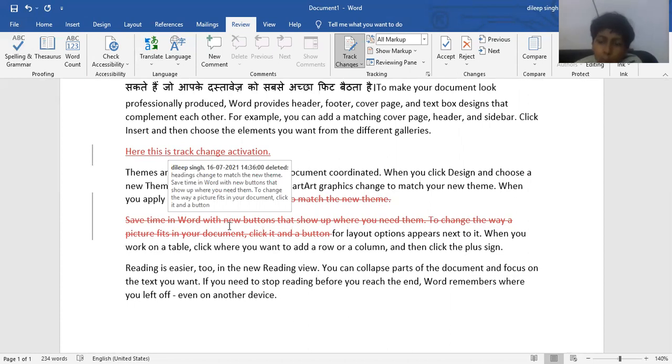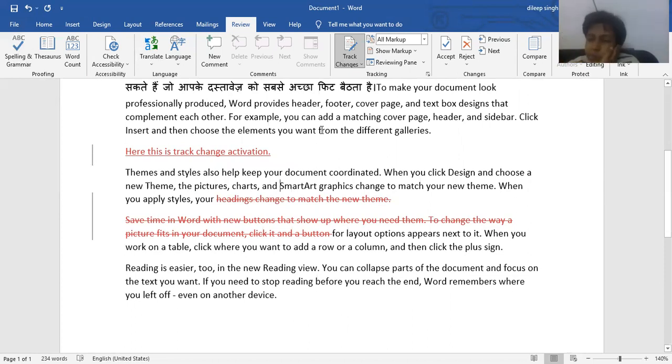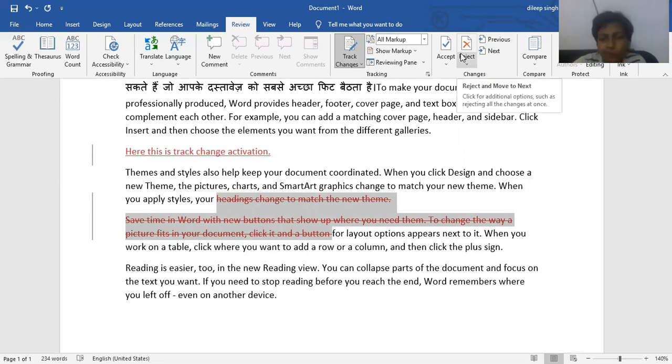Okay, for example, if you are doing some work and your friend wants to do some work with your document, you just activate this option, and after that, if you want to analyze what your friend has done, then you can go for this option and you can easily observe what changes were done by your friend. Okay, and after this, if you want to accept the changes, just click here. Here are the two options available, that is accept or reject. Here are the changes, previous or next. You can move from one change to another change. Clear? And these are the two options by which you can accept the changes or reject the changes.